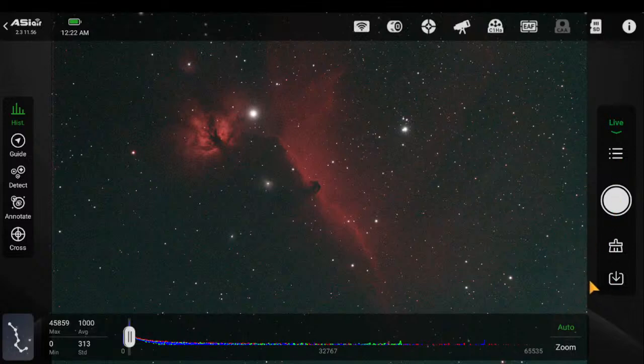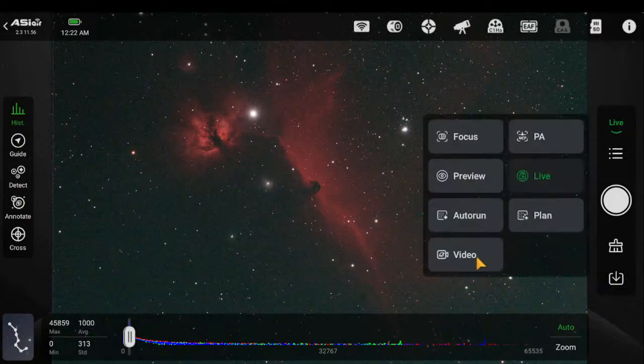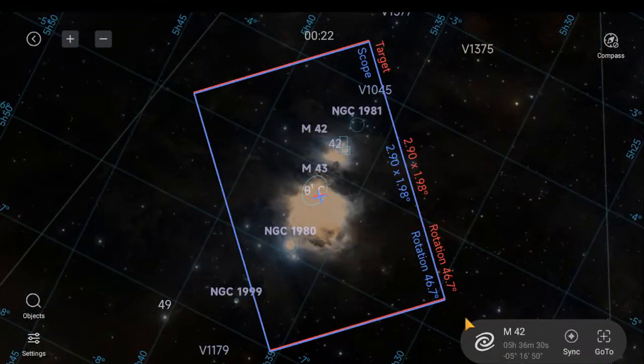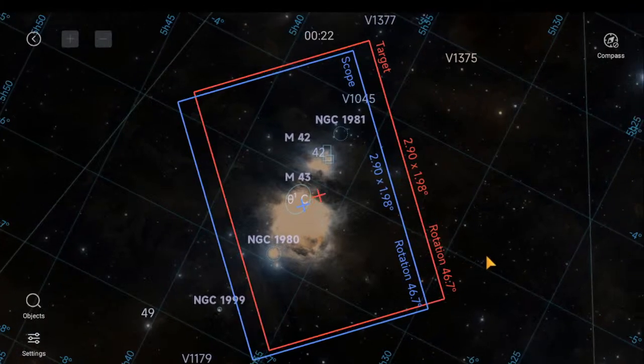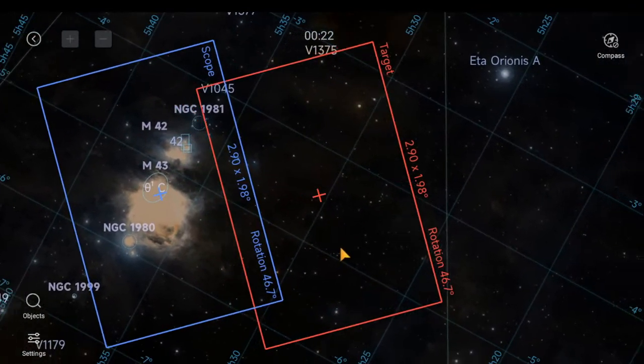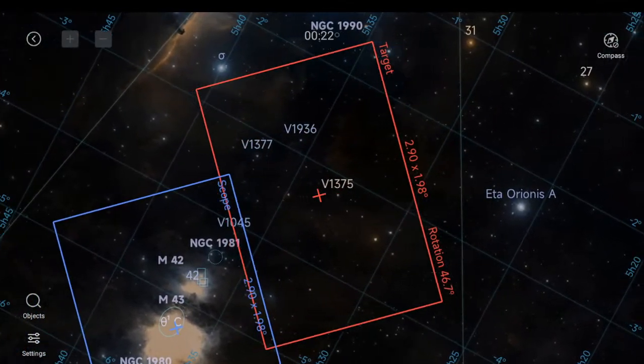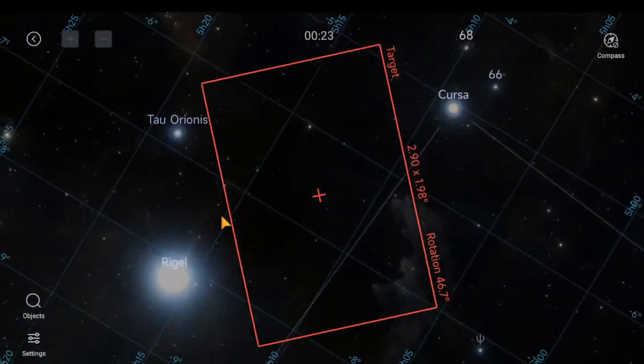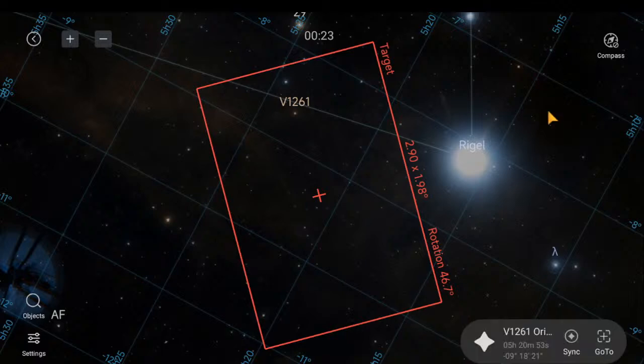Do we want to save this live stack or no? No, don't worry about it. All right. Orion should not be too low according to the chart. All right. Well, let's move over. I think Andromeda may be too low, but I'm moving it over to the Pinwheel Galaxy. All right.